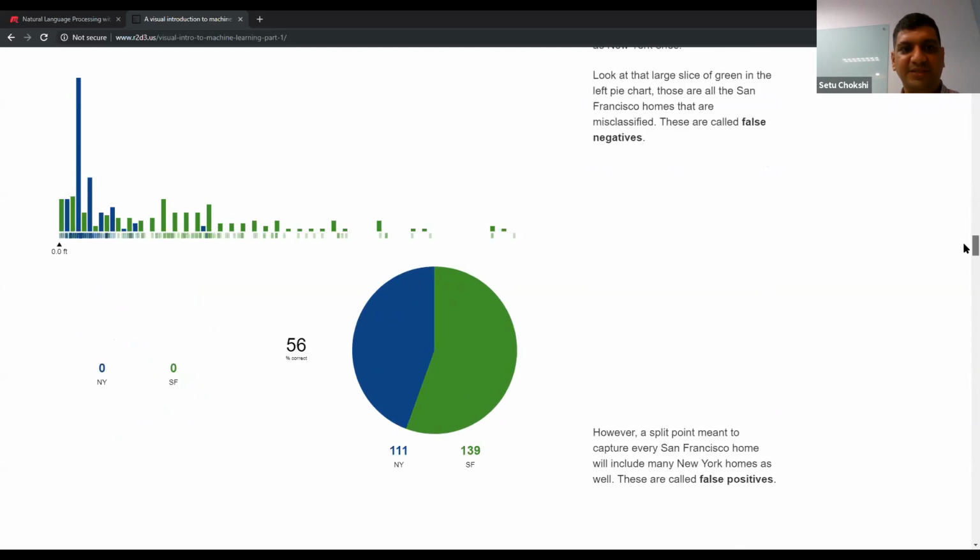Now let's go through the other extreme, right? If I say, forget everything, I'm just going to put 0 square foot, and then everything ends up being in San Francisco, right? So New York apartments are also San Francisco. Just by doing that, you will still end up getting 56% correct. So this sets up the baseline of your model, right? A single attribute saying that I'm not going to look at anything else but just one variable, and I'm going to say that everything is in San Francisco. It ends up at 56% correct, right?